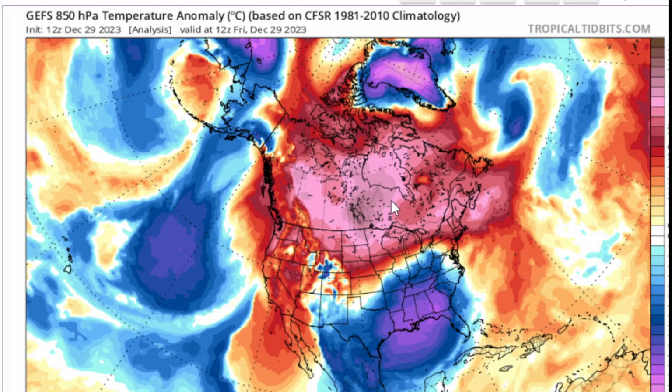I mean, they're talking 20 to 30 degrees, in some cases 40 degrees above normal. So this, as our typical source region in the Mid-Atlantic for cold air, it wasn't there to be tapped. Everything was bottled up in the Arctic. You see this below normal anomaly down south. That's mainly a product of the subtropical jet stream bringing pieces of energy across. You don't want the cold air to come from the south, you want it to come from the